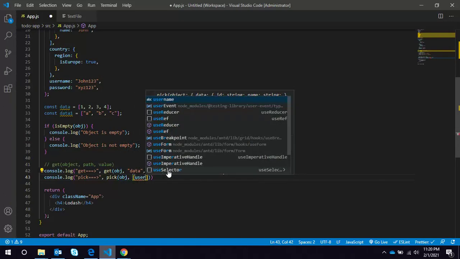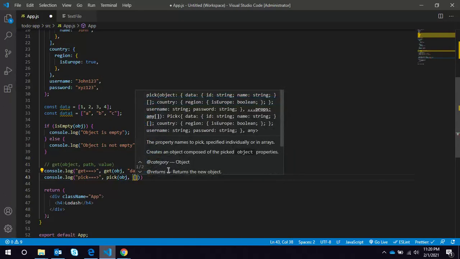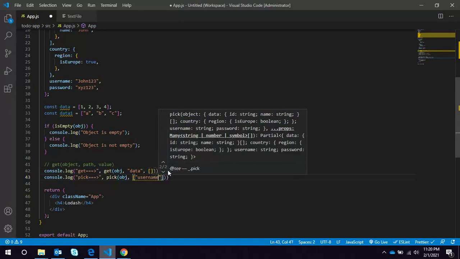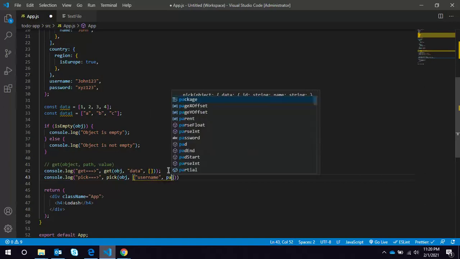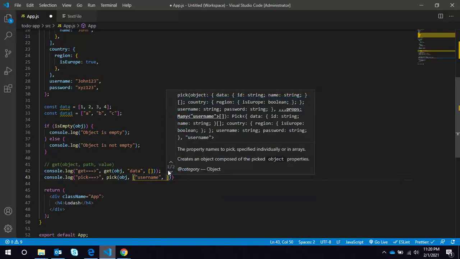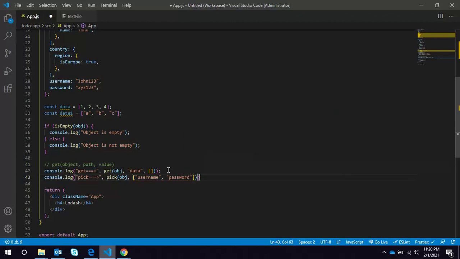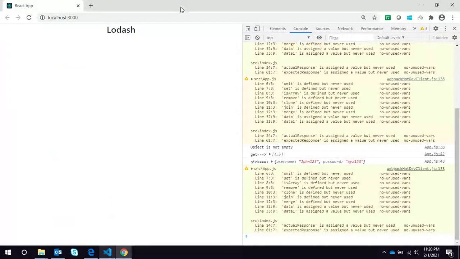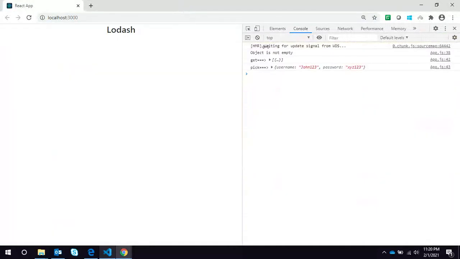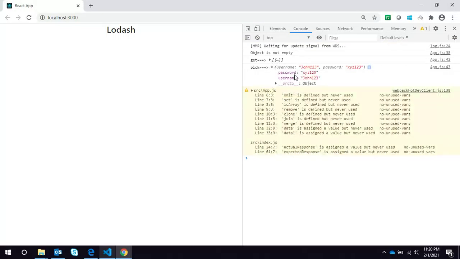From the object I just want username and password, so I will get only these two properties. You can see we are getting only password and username.